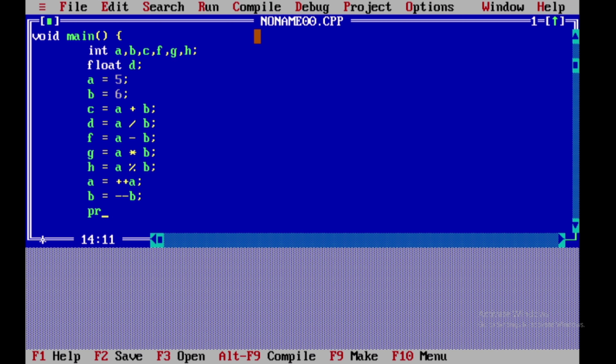So we have a printf, value of a and b, percentage d and percentage d, comma a comma b.